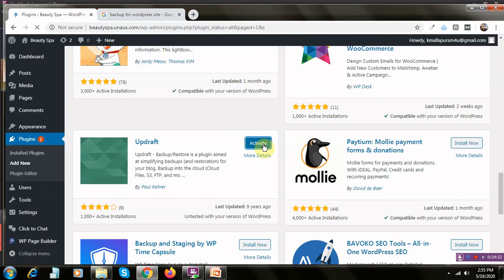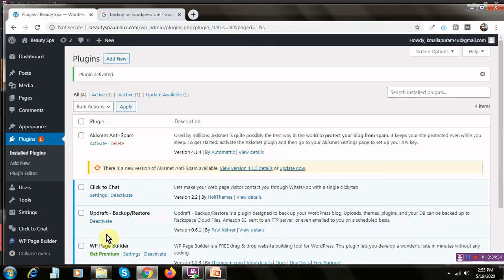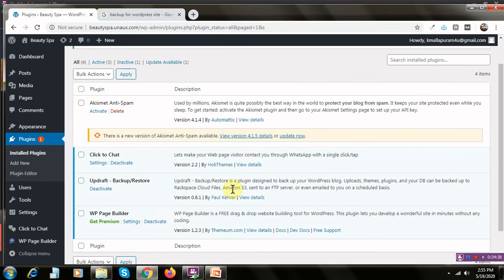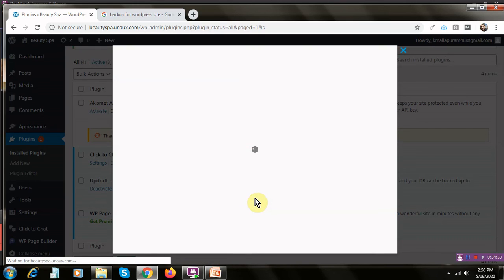Once you activate it, let's go to the settings. If you read through here, it is a plugin designed to back up your WordPress blog. Themes, plugins and your database can be backed up to a Rackspace cloud file. Click on View Details and you will get the complete information.